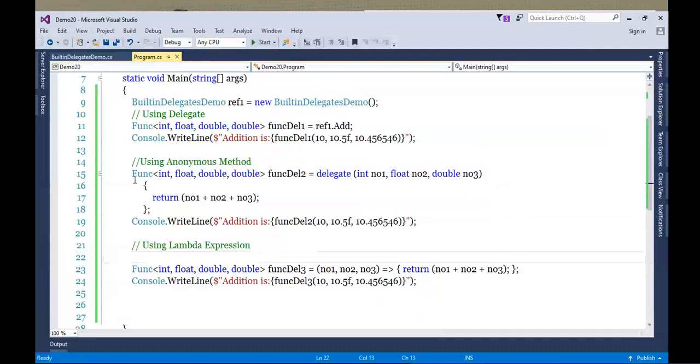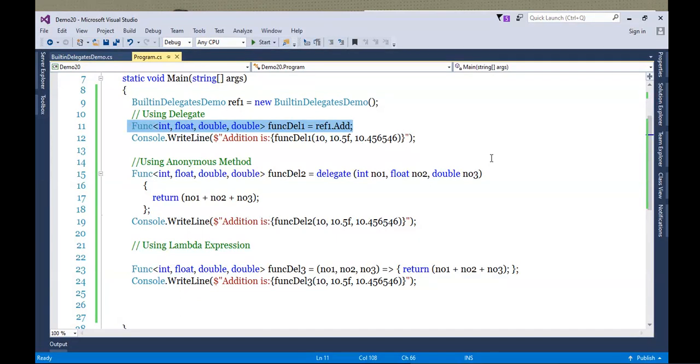Okay. So when to use func delegate? If your method is returning value. In short, there are no restrictions given for arguments, up to 16 arguments you can pass to this func delegate. So even if your method is not taking any argument, then also func will be helpful.